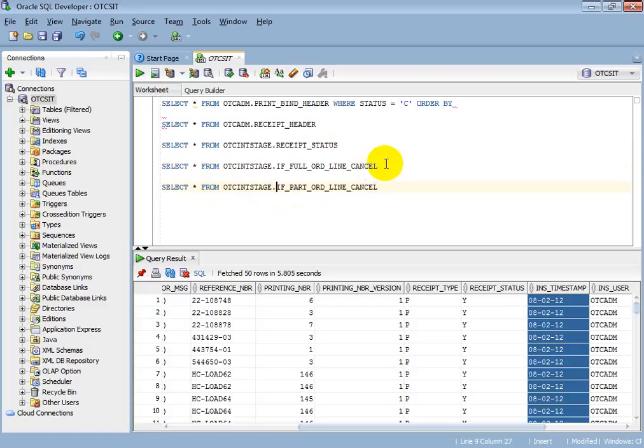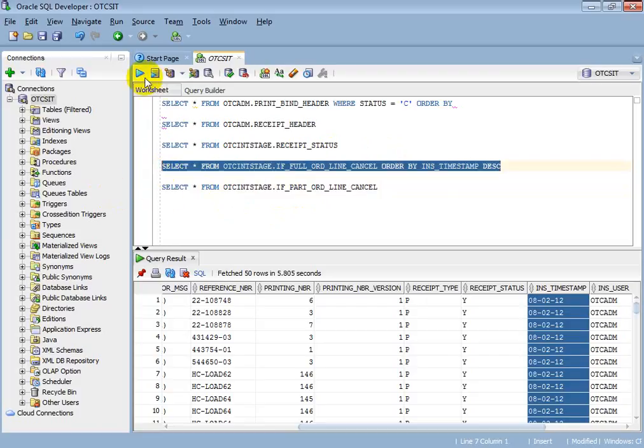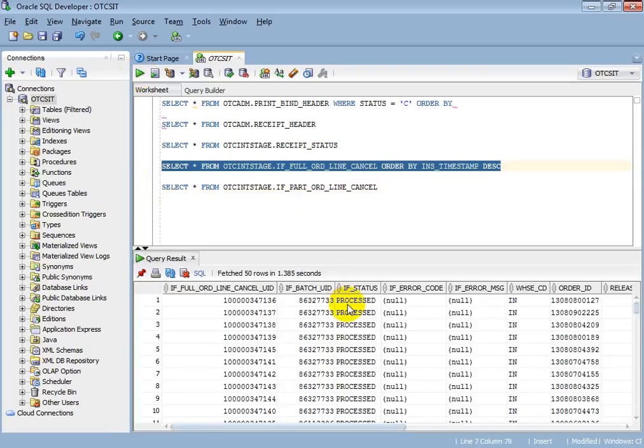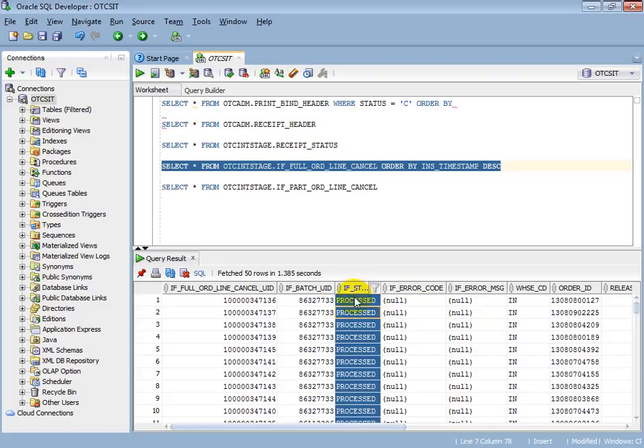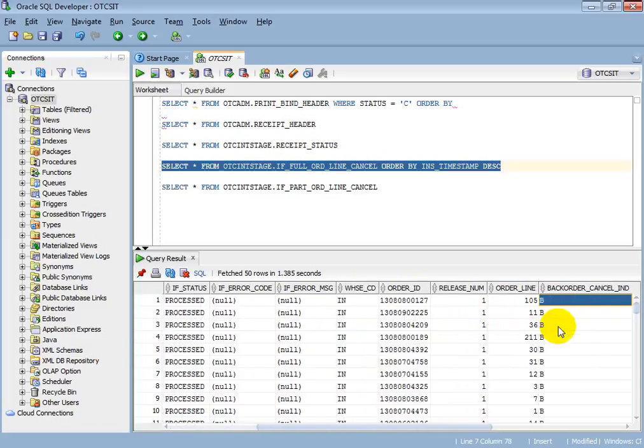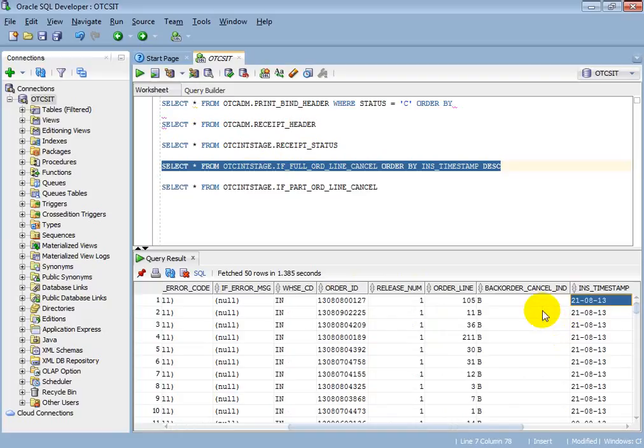Okay, so for full order cancellation, you have to go to this table. Whenever you run this job, initially the status will be entered. You'll have the order ID, which is nothing but the reference number for which you have requested the cancellation, and